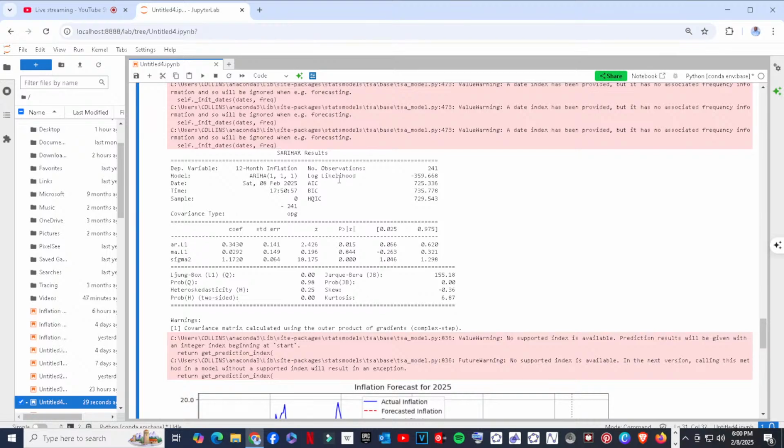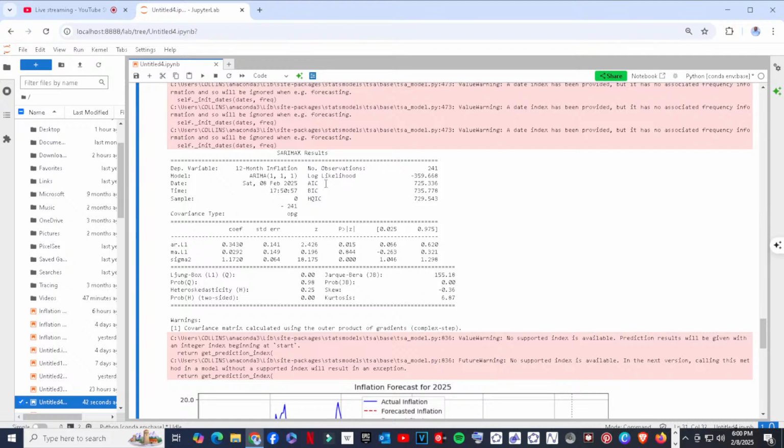Log likelihood is negative 359.668. Log likelihood is a measure of how well the model fits the data. Since it's negative, it indicates some residual errors, but this is expected in economic time series, so that's not a big deal.